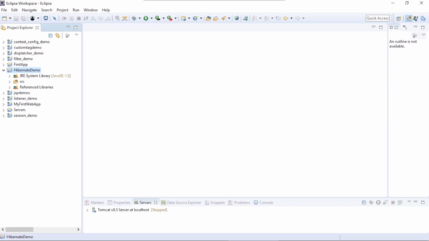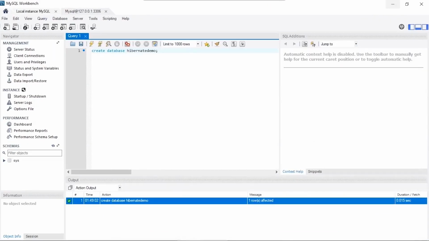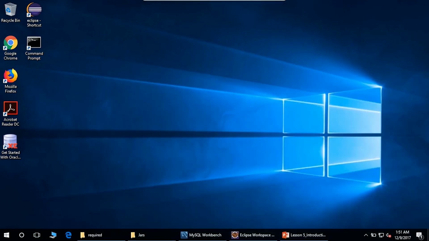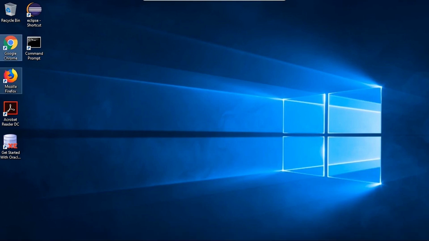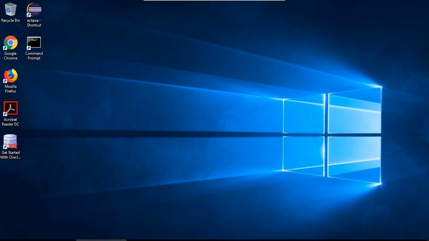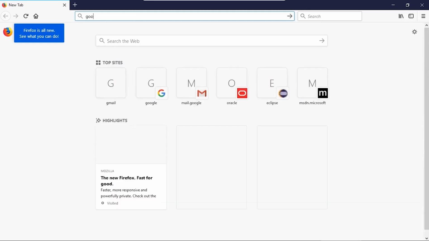Now we'll need to also add the MySQL driver. So let's go to the web, open Firefox, and we'll just Google.